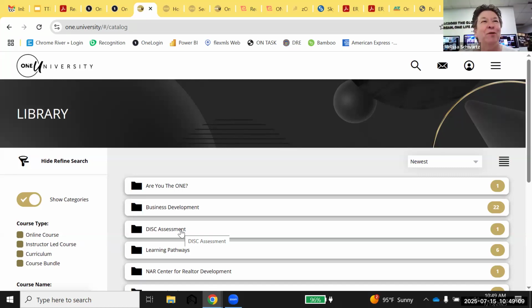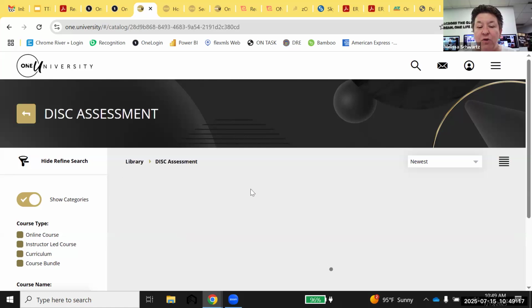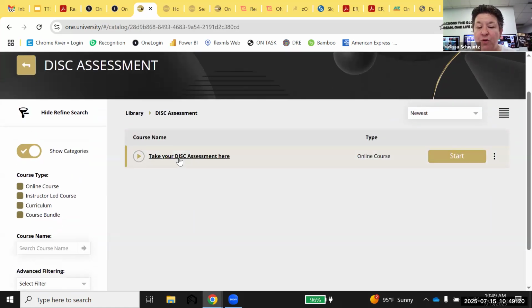You need to be able to provide them the numbers, because if you do not, they are going to go find somebody else that can. So if you take the time to do the DISC assessment yourself, which is right here, it's free. You get to learn the personality types. When you finish that, they will show you all of the personality types and features that you kind of look